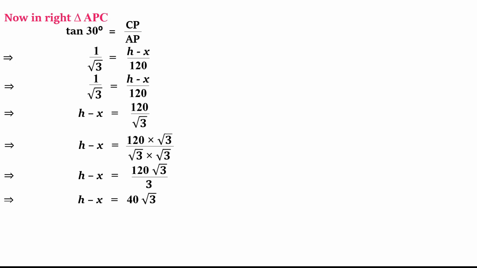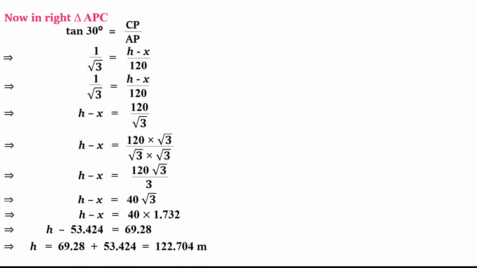Multiplication of a whole number by a decimal number is always acceptable, and the division part, of a whole number by a decimal number, we try to avoid. So let's substitute the value 40 into 1.732, and x also I will substitute from equation 1. I have substituted the value. The original value I will substitute because I have to round off this also.